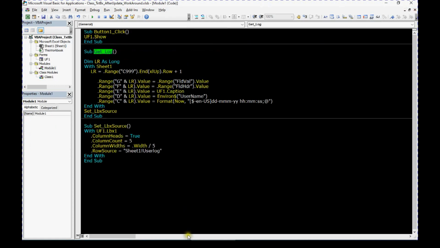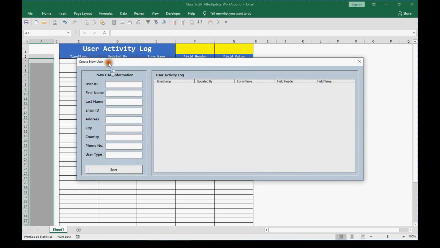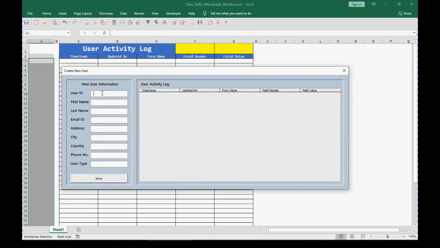So if I write here again id underscore 002 and I press enter or click anywhere on the user form, id 002 is here. Whenever this control loses focus, the value is synced with the control source address. The address linked to this particular control is A3, then the address linked to this control is A4.